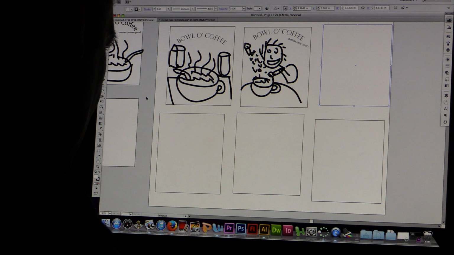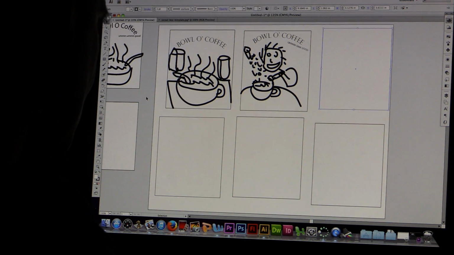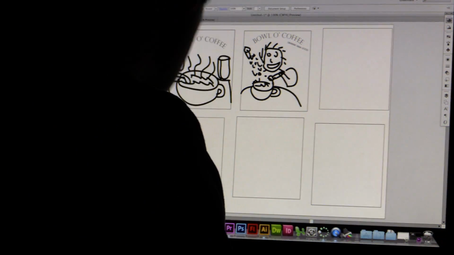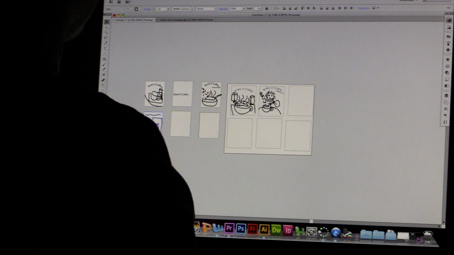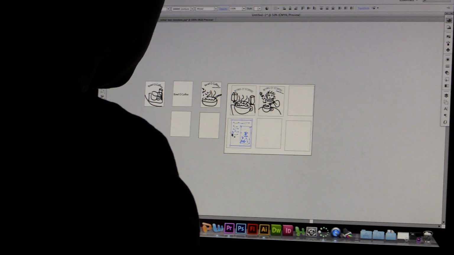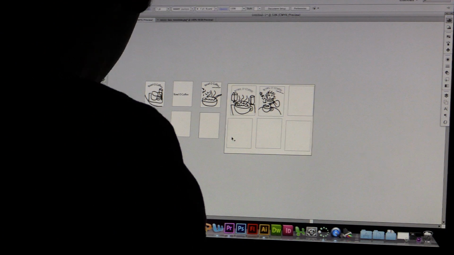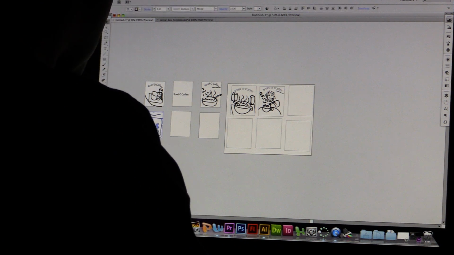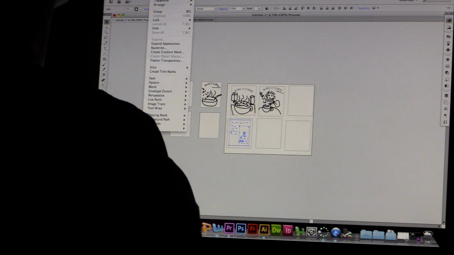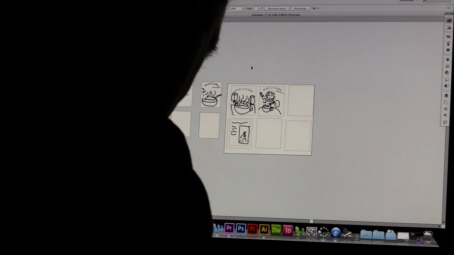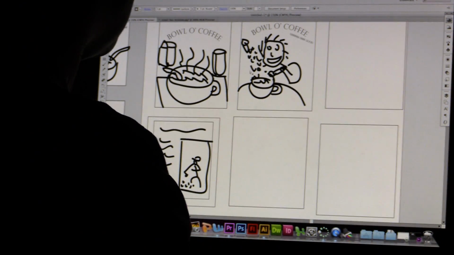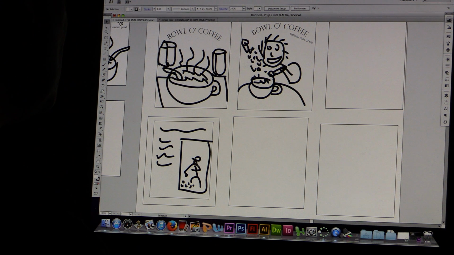Here, just in the interest of time, I'm going to grab one of these backs I worked on earlier. Whoa. So this one I had some text and a guy out farming some coffee beans. So I look at these and I'm like, okay,